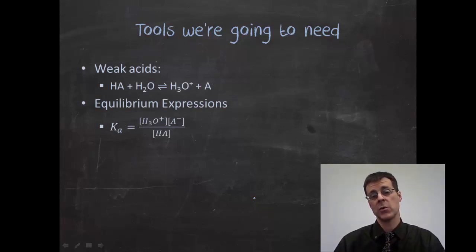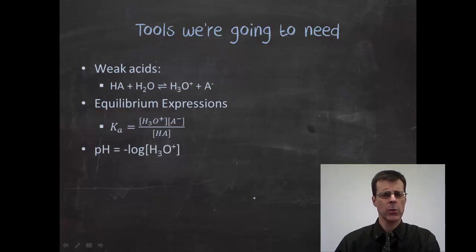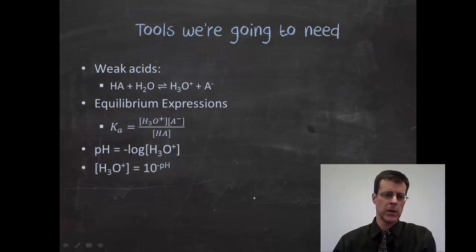Here's the good news. With weak acids, or weak bases for that matter, because we're only ever talking about a Bronsted acid or base, movement of one proton, our equilibrium expressions are actually quite brief, and plus water gets left out because water is a liquid. We need to know how to work with pH, and how to find the concentration of hydronium from pH. And then ice tables, we're going to shorten them up or tweak them a little bit this time because, again,